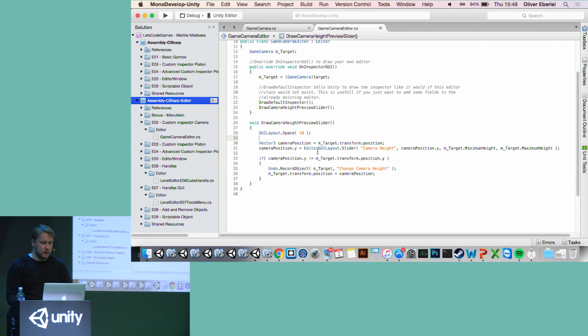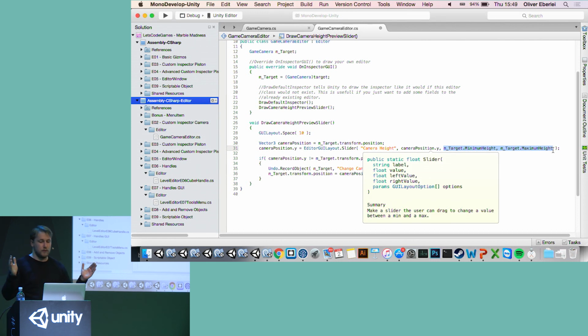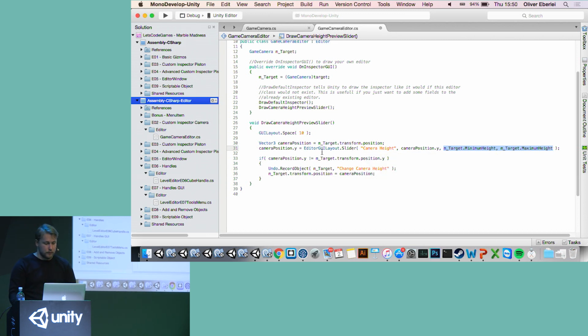And then basically what I do is I create a slider object in editor GUI layout, and I use the minimum height and the maximum height as the range for this slider. And this allows me to have the slider always be clamped to the values that I put in before.